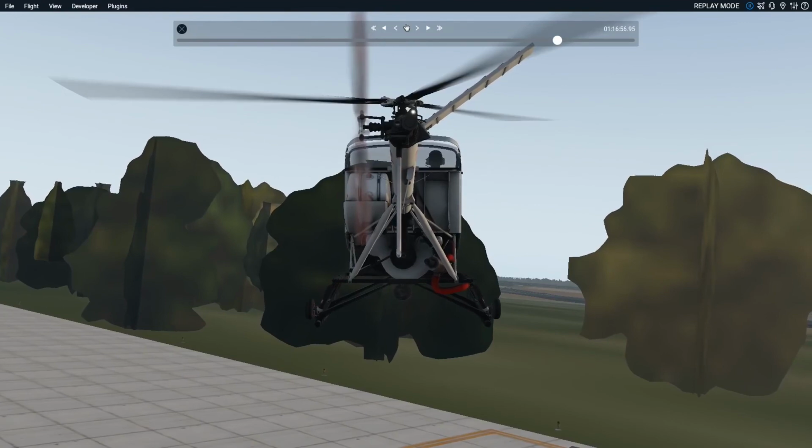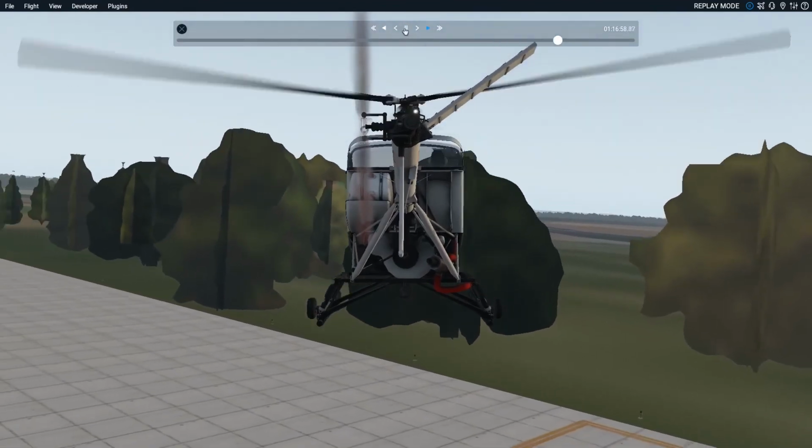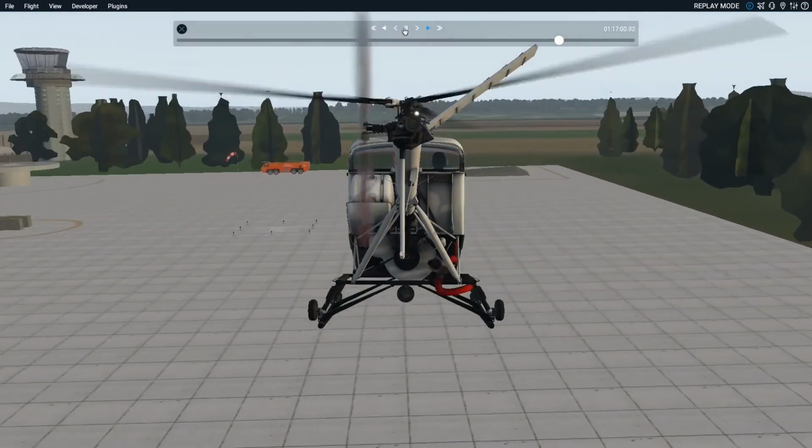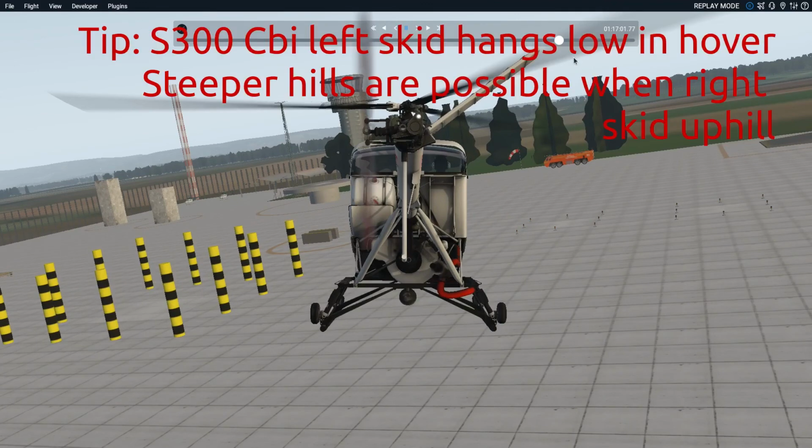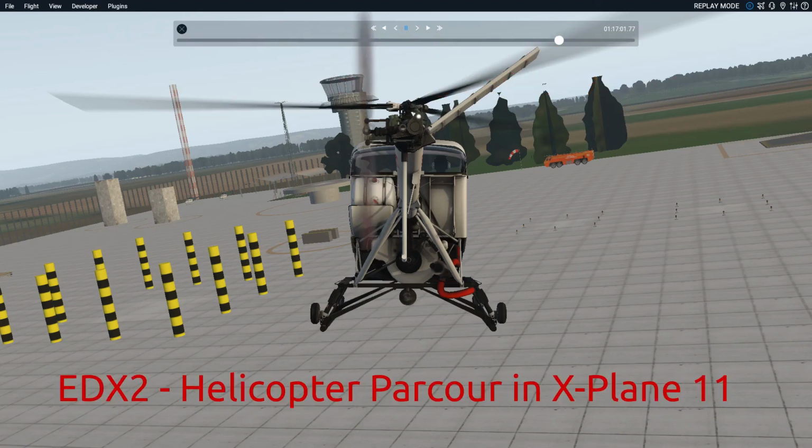Make sure that I have plenty of room. That is how you do a slope landing in a Schweizer 300 CBi, or it's not just the Schweizer, pretty much any helicopter. By the way, in case you're wondering, this is done at the Helicopter Parkour Airport, which is EDX2